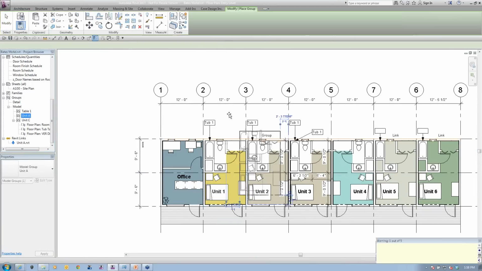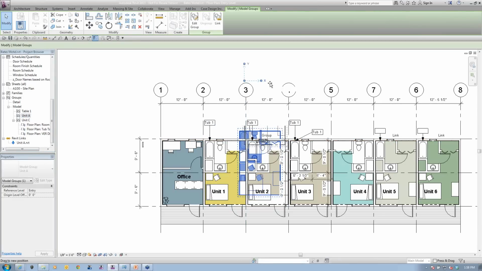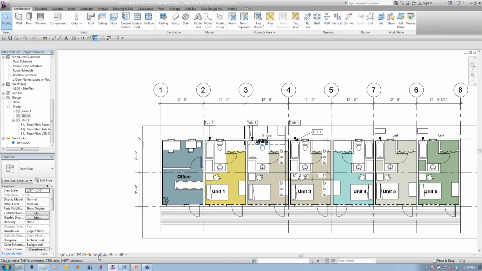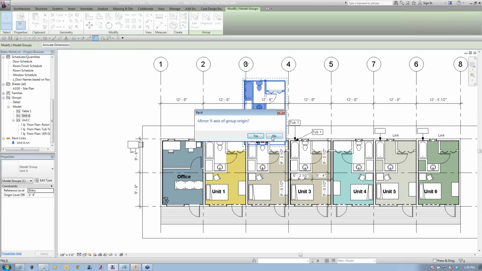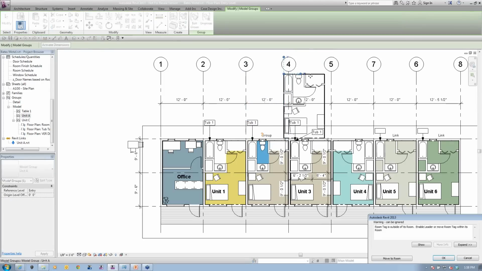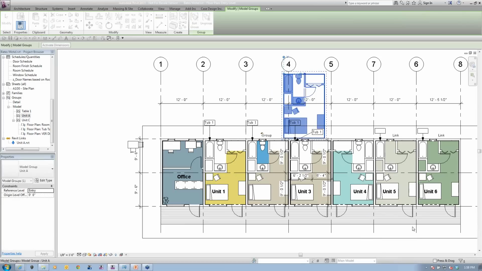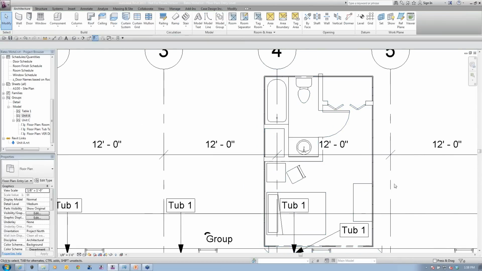Just by bringing it over like this, I can drag that directly onto the screen, and here I have a unit plan. I'm going to turn off my crop regions here for a second, so we don't show those. But here I have this unit plan. And one thing I want to show is that inside the unit itself, I've got some drywalls. So one of the workflows that we're looking at